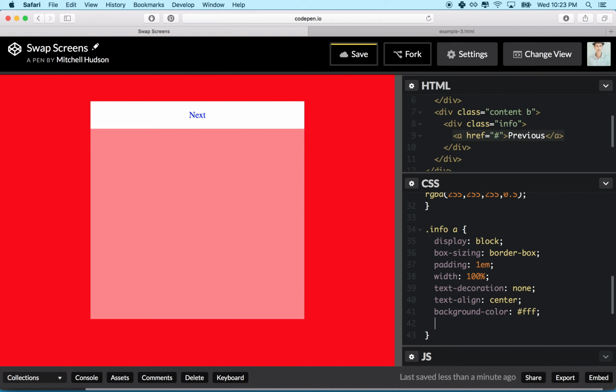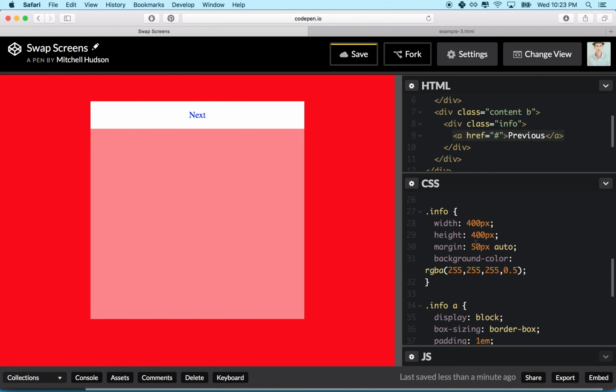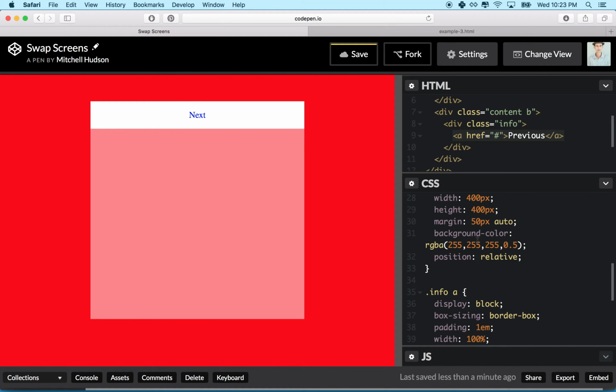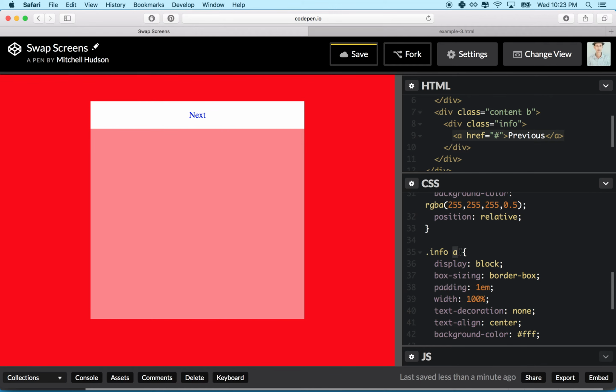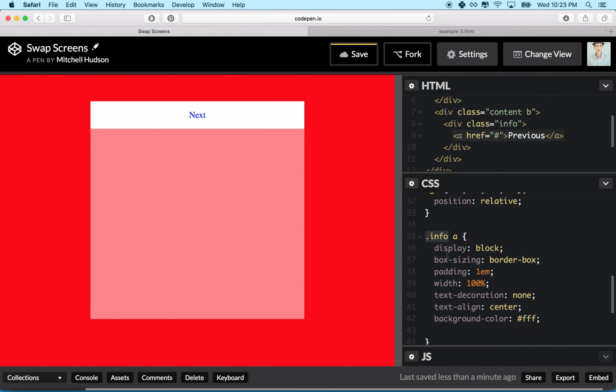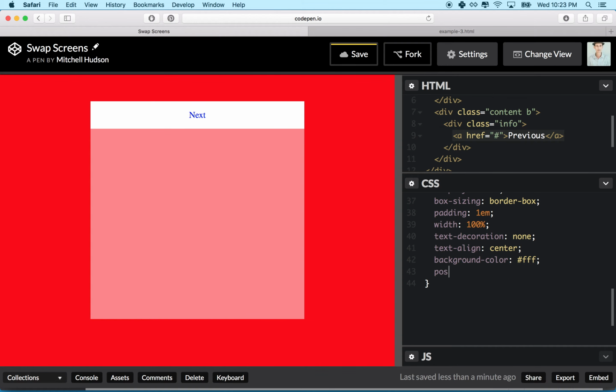So it's like a button, right? And what we can do is, since we want to use the absolute and relative position, we'll go up to info and we'll say you are going to have position of relative. Okay, so that doesn't change anything, right? But since the anchor tag is a child of info, what we can do is we can say you are going to be position absolute,